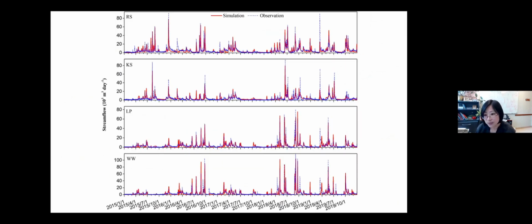And these are the model estimations from DLEM-Catchments. The red line represents model simulated results and blue dots are observations. This is for water discharge. You can see at the daily time step, the model can well reproduce the rise and fall of the peak flows and follow the magnitude of base flow for 4 different catchments and 5 consecutive years.